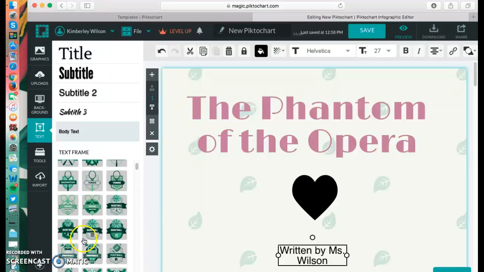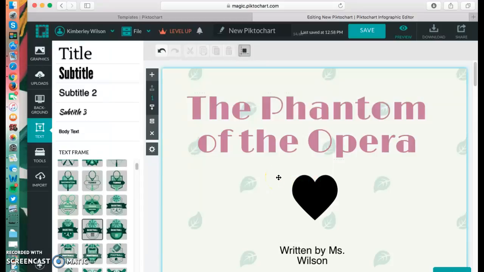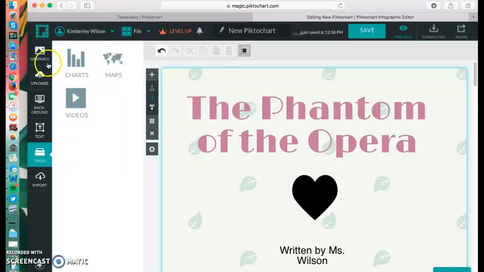It also has these fun text frames if you guys want to play with those. I just clicked on it and it shows up. So that's, whatever you guys want to do with that. Okay, and then it's got all kinds of fun tools. You can